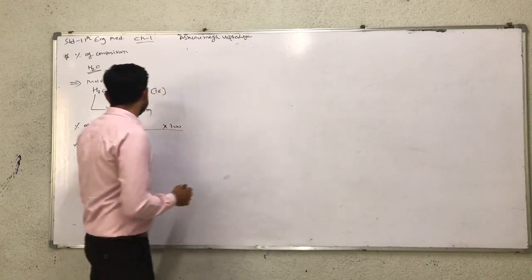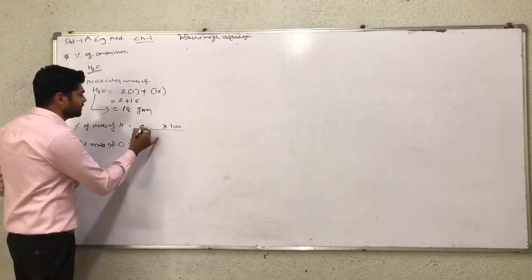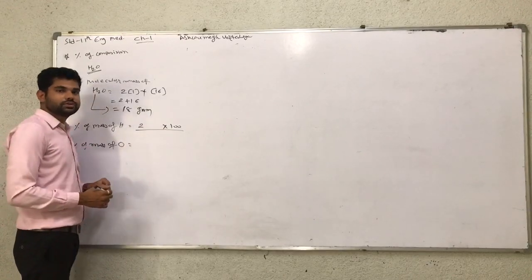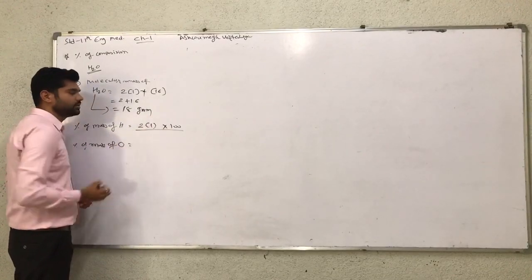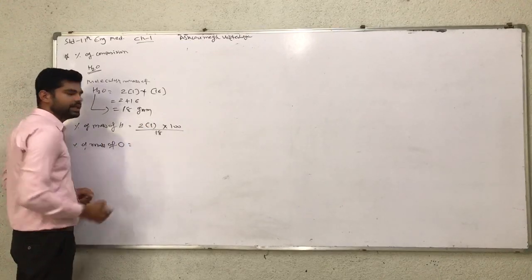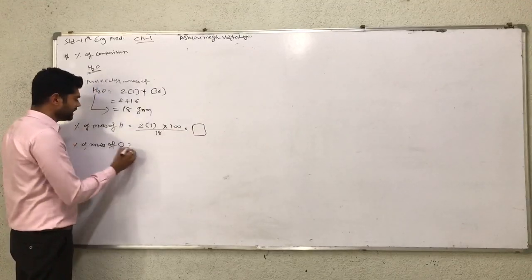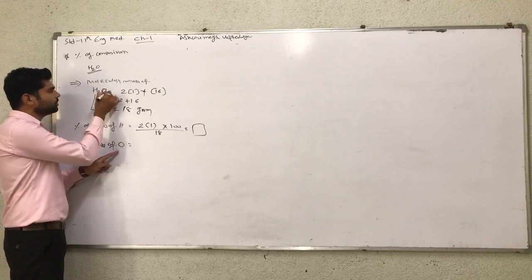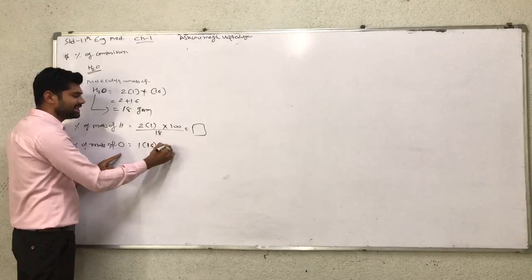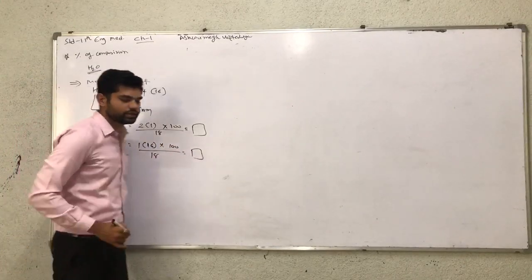Here the number of particles: H is 2 moles, therefore multiply by 2, and the atomic mass of the hydrogen atom is 1, divided by total mass, 18. So you get an answer here. Fine. Now it's clear for O, the number of O is only 1, therefore 1. Atomic mass of O is equal to 16. Multiply by 100 for percentage and divide by 18, and you get another number.